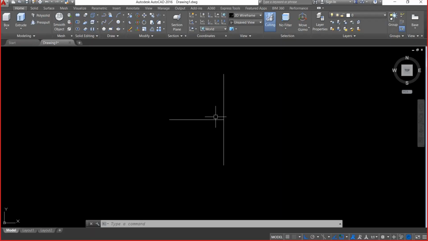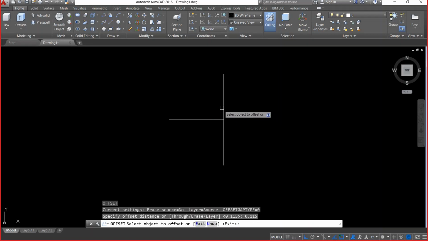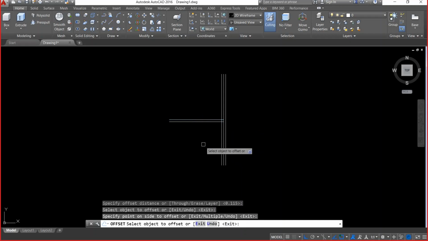Now, let us assume that I'm constructing a wall of width 230 millimeter. So I need to take an offset of 115 millimeter on either side. Since it is in meters, I'll say 0.115 on either side. I need to construct a wall for this center line also, and I've done it.